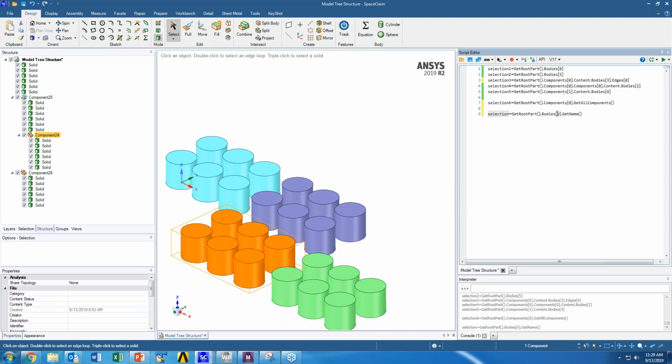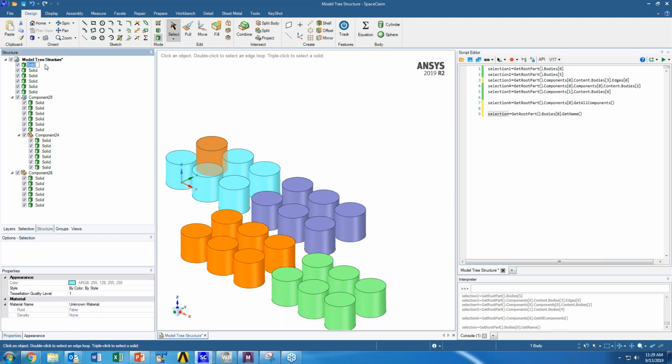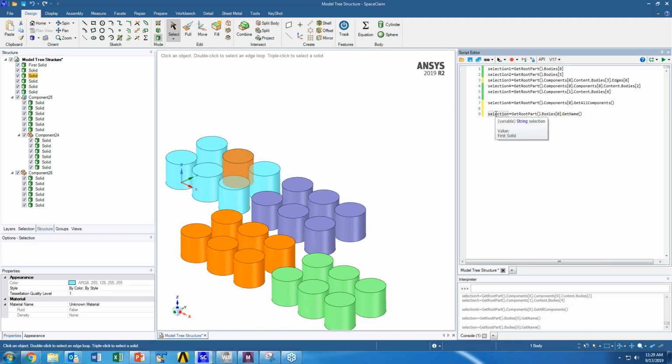I selected get root part body 0, so that's going to be the first one. Let's change the name to first solid. It'll update accordingly. So that's just to give a good understanding of how the parts and the edges and the faces are indexed in the CAD itself, because I know it's oftentimes very important to know this to select the bodies that you wanted to and or assign the proper name selections.